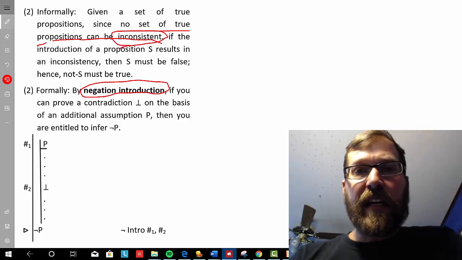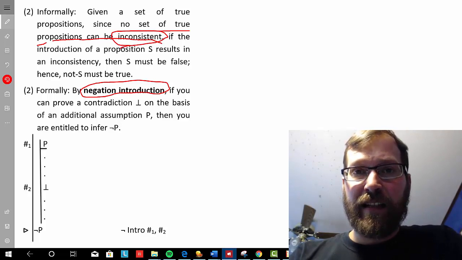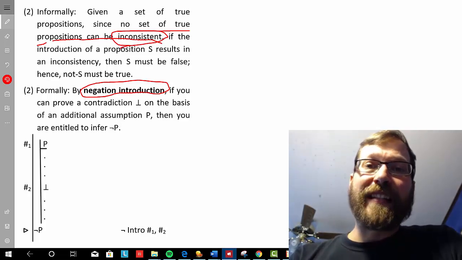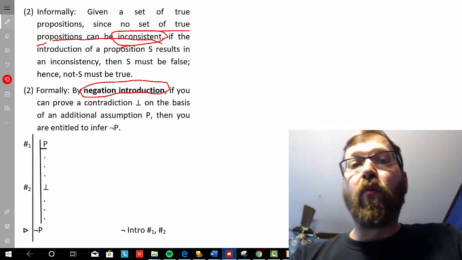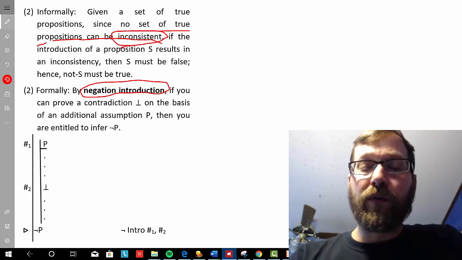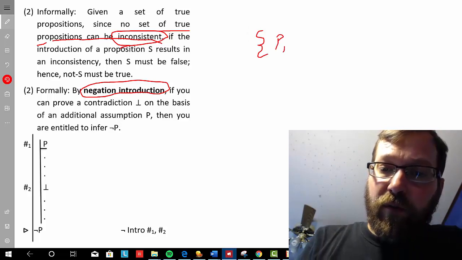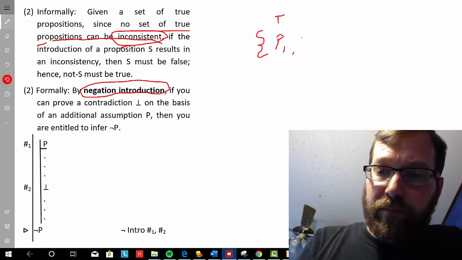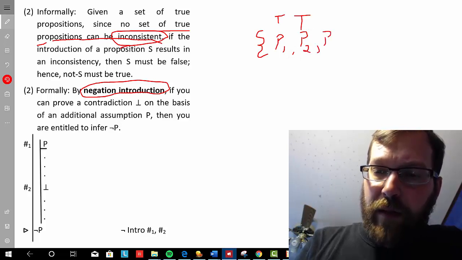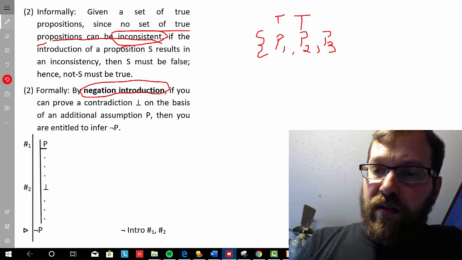And that's because by the meaning of inconsistency, in a set of propositions that's inconsistent, at least one of those propositions would be false. So if we have a set of propositions, all of which are true, however many propositions there are in that set,